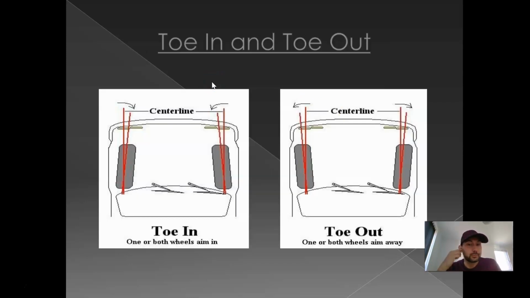Okay, so the other thing to notice is toe in and toe out. You need to understand we're looking from the top, and what we're looking at is the way the wheels either come in or the way the wheels come out. Okay, and this is all to do with tracking the vehicle. When we talk about tracking a car, this is what we're talking about. You need to understand why we track a vehicle. You need to understand how we track a vehicle, which I've been through in class, read your notes, and also